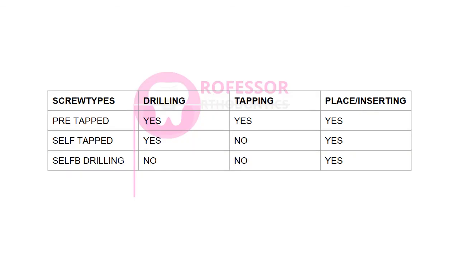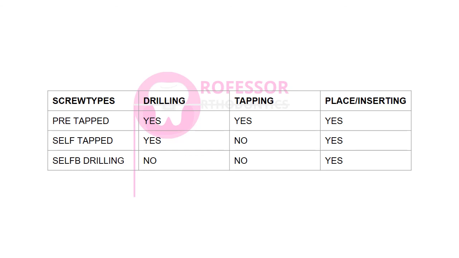Coming to the final classification, this classification is only with respect to the screw type of orthodontic implants, also called the closed type of orthodontic implants, wherein no surgical exposure is required. Earlier, the screw type orthodontic implants that were used were usually pre-tapped implants. In the sense, first a fine surgical drill was made into the site of placement. Then a tapping procedure was done with a different instrument, and into that the implant was placed. So they had to be pre-tapped before you place the implant. That's why they're called pre-tapped implants.